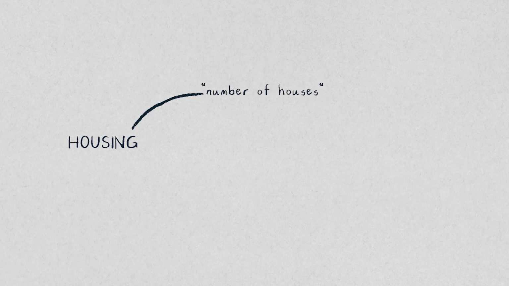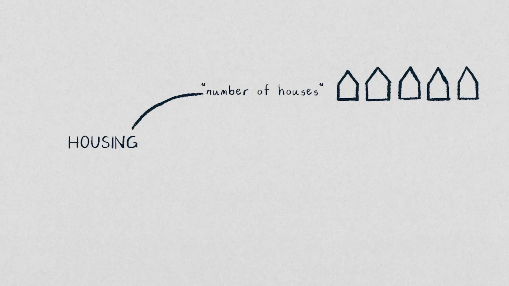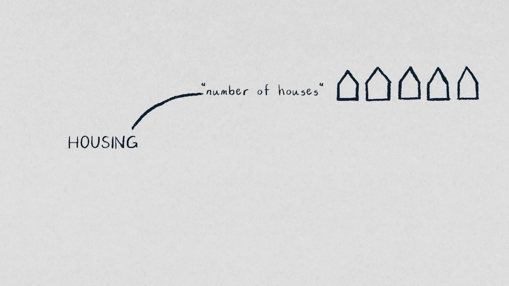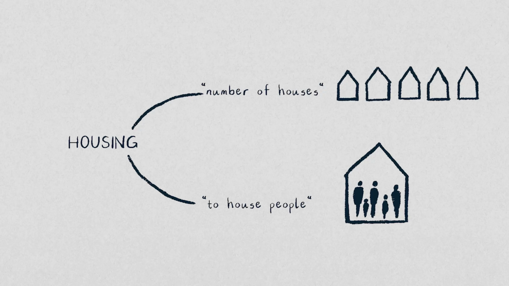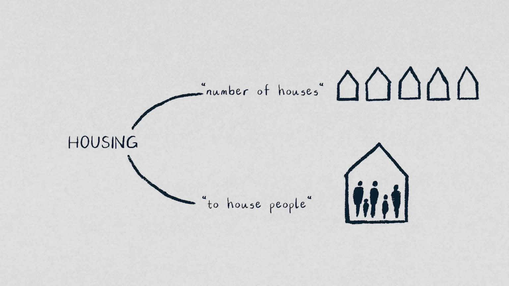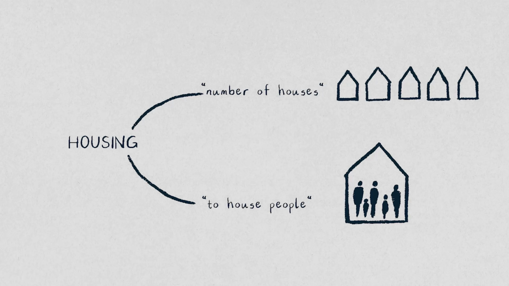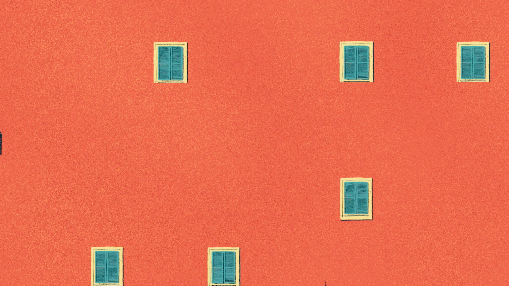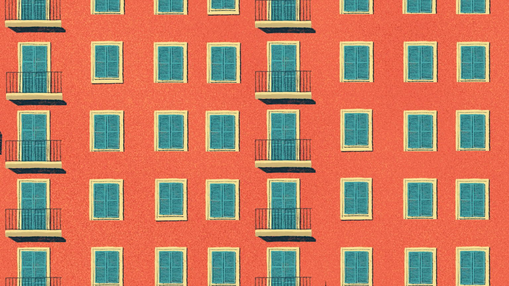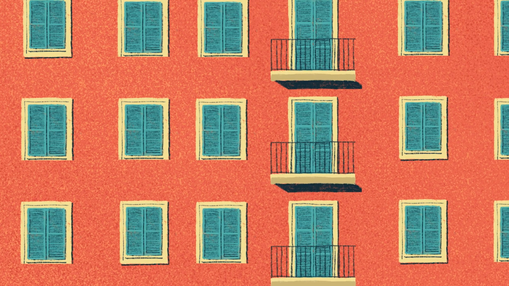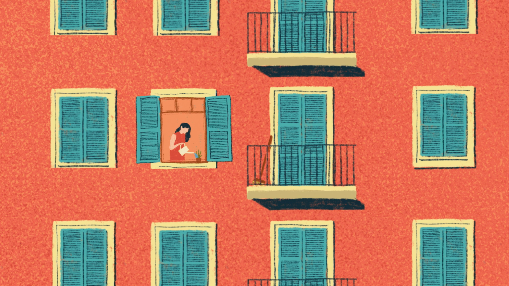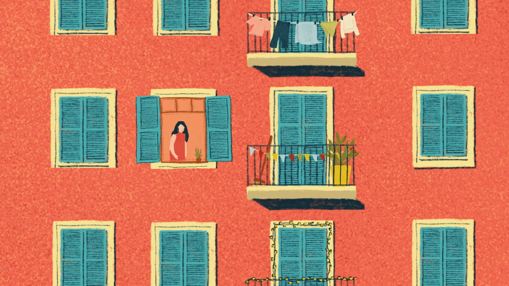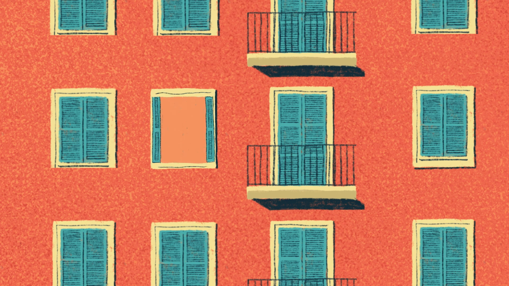Housing can refer both to the physical reality of a number of houses as a noun and, as a verb, to the act of providing houses to inhabitants, to house people. And while housing policies, housing design, and also this course look at housing as a plural phenomenon in large quantities, we should be conscious that each house becomes a unique and personal condition for its inhabitants. It is their place to live, to call home, that can be organized and decorated to their life's needs, wishes, and stories.